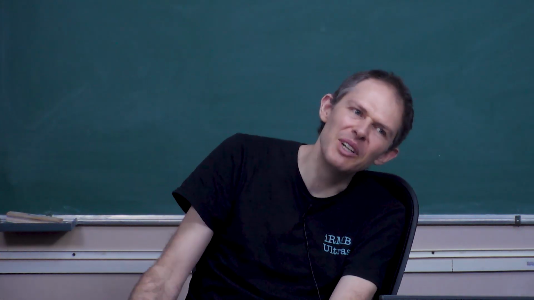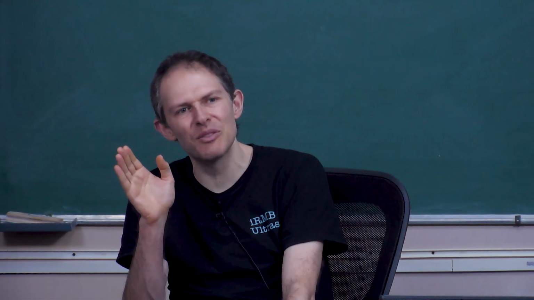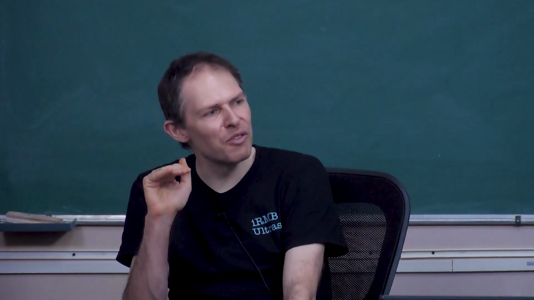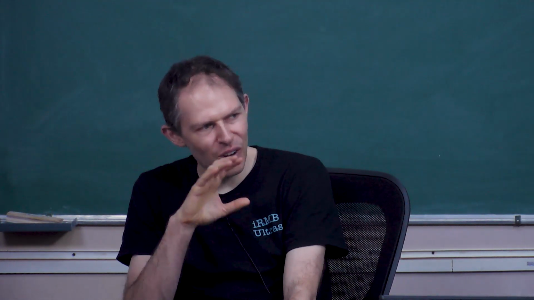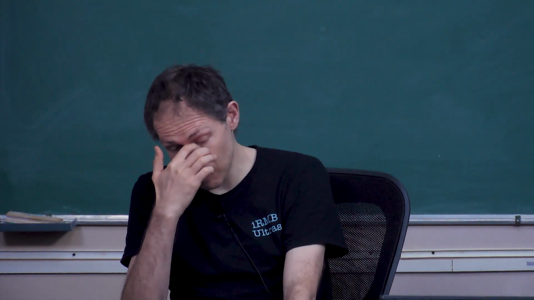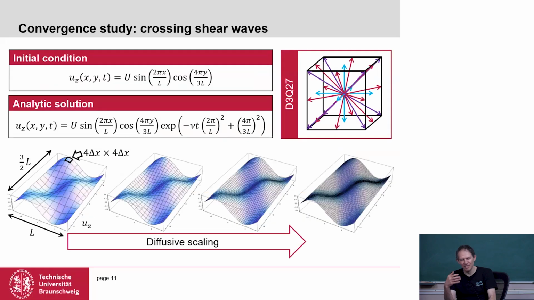So what does this mean? We remove the inhomogeneity, at least for the one that is related to viscosity. We remove this from the Ullseen equation. This means we have no source term anymore in the error equation of this cumulant method, and therefore we increase the convergence of the cumulant methods, which we then call super convergence. Now you can do very, very simple measurements, like a crossing shear wave example, and measure